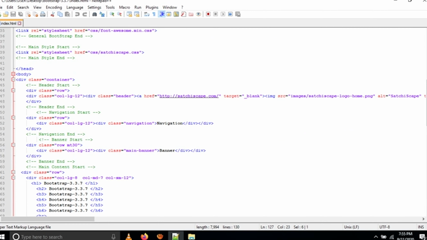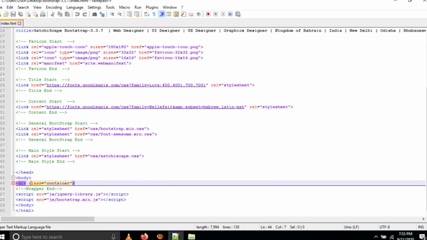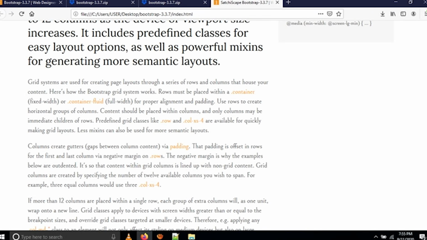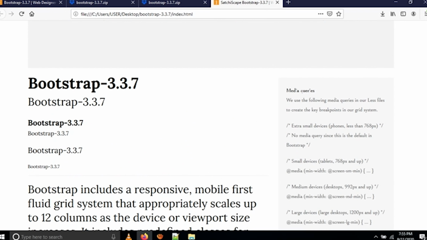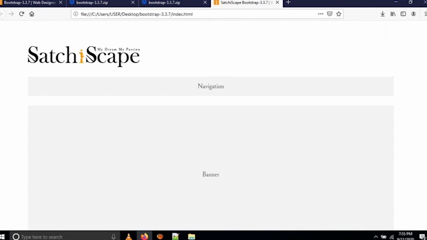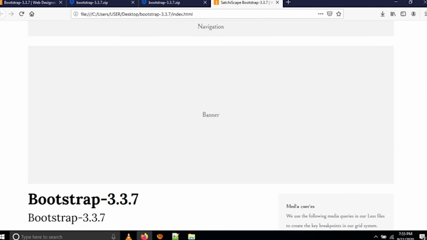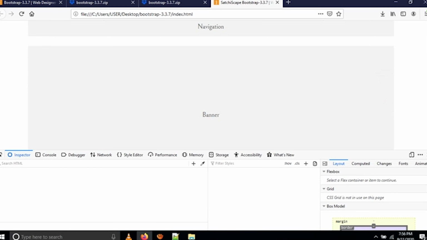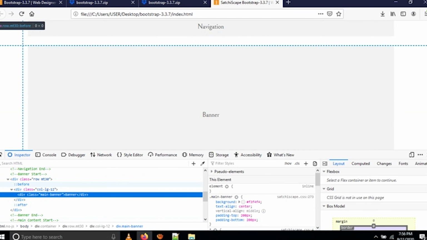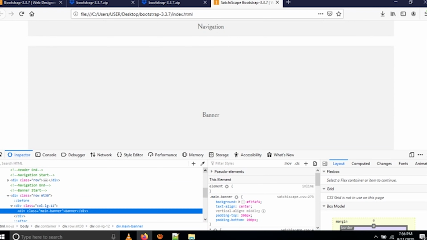So let's start step by step. See, this code is container. I have mentioned container here. What is container? Container is this one. The whole site we have to specify in one container. You see this gray color start and this gray color end. This is called container. We can see what the container dimension is. I'll show you here, in the total site, the container is coming.